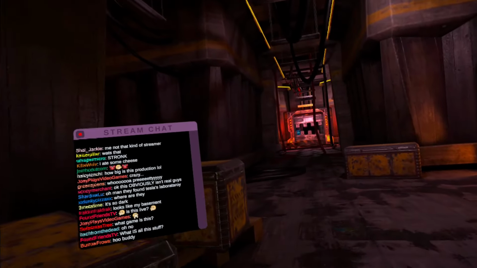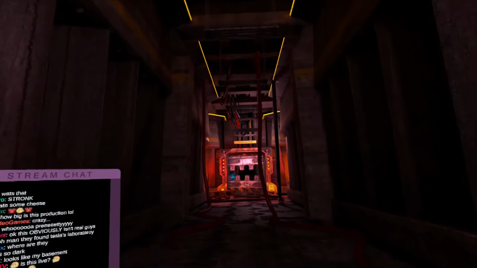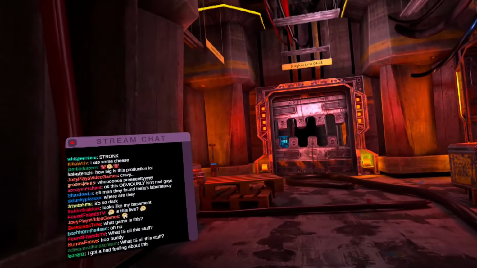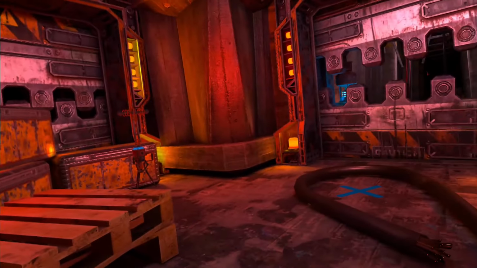This can be toggled, but when up, it just displays chat of people reacting to what you're seeing or what's happening around you. It's kind of cool and also kind of lame. It was fun to pop up for a few seconds and see what they're saying, but I did find the screen to be a little more intrusive in VR, so I kind of just turned it off more often than not,